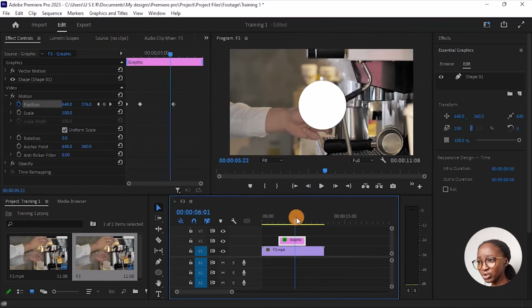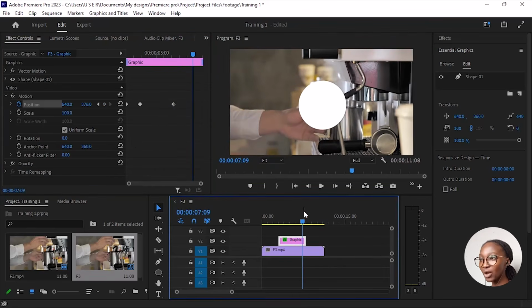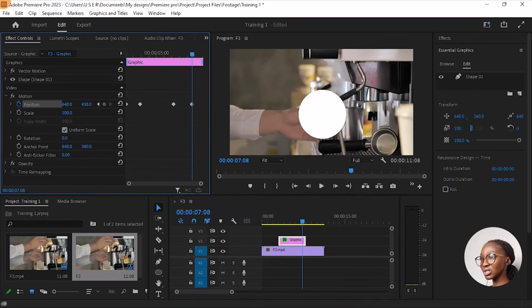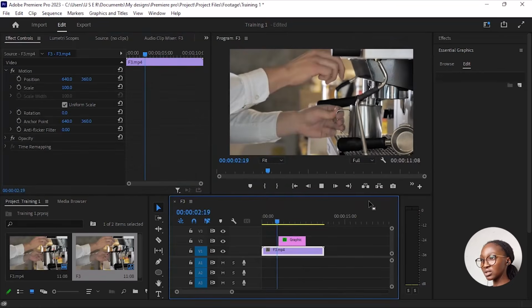Now from this point to this point, I want my shape to go outside of the screen. I am still working on the vertical part of the position, so I'm still working on the y-axis. What I will do is increase my y-axis so it goes out of the frame. If we play it, you would see what that will give us. So you see,